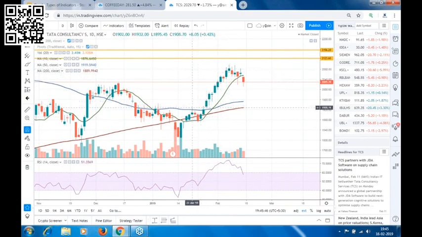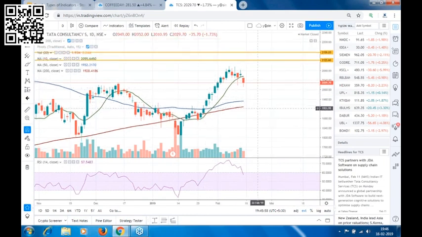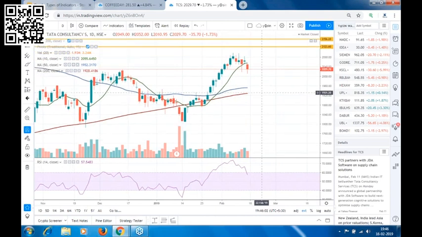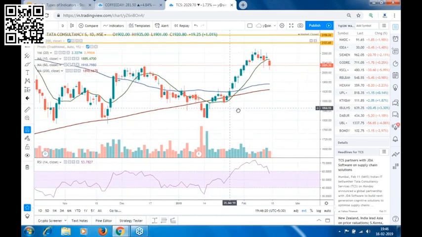See, there is multiple support in this stock. There is a support of 50 moving average, there is a support of 200 moving average. Now a stock having multiple support is a very strong support, and it's not able to break. This kind of support is not broken that easily. So you could have entered about this level, above the high of this bullish candle, the one which closed above 50 moving average, and you can see the rally in the stock. So this again is your trade from support.